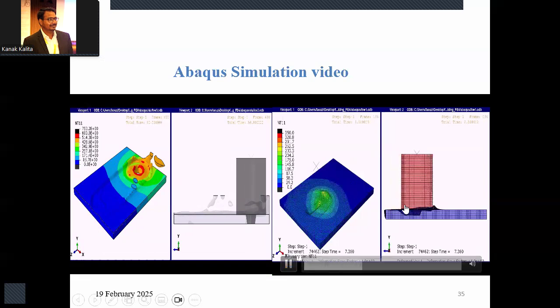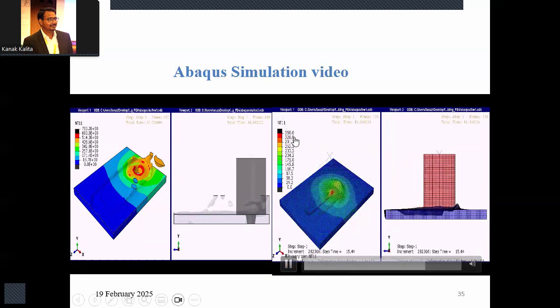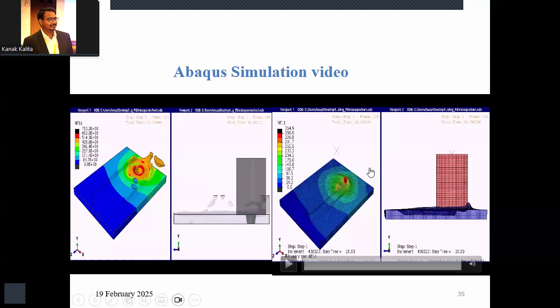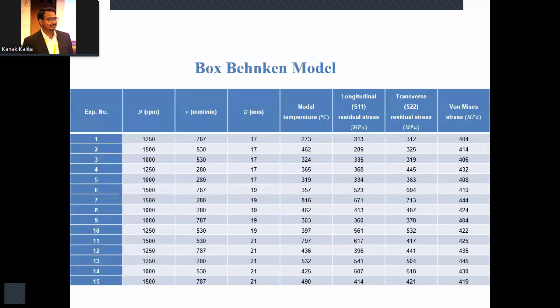So as the tool moves forward, the stresses are generated here. You can see the maximum stress that is generated. Of course, we are studying only the stress here, but we can also study the stresses in different directions. Next, once we have done that,